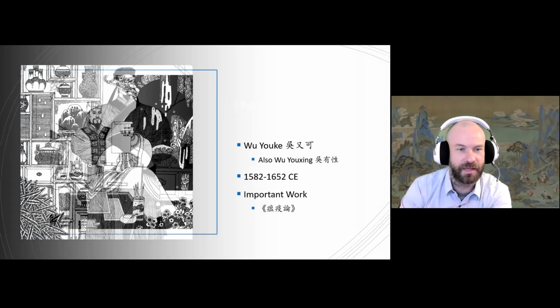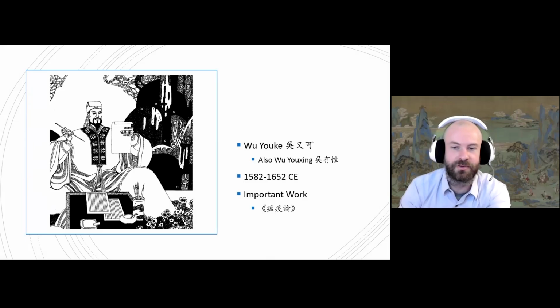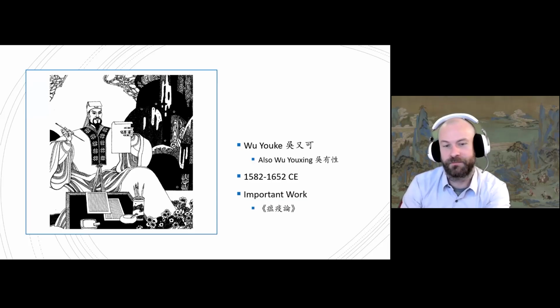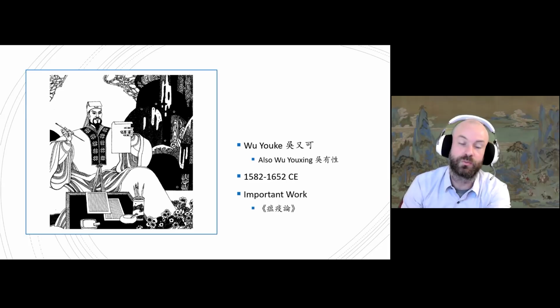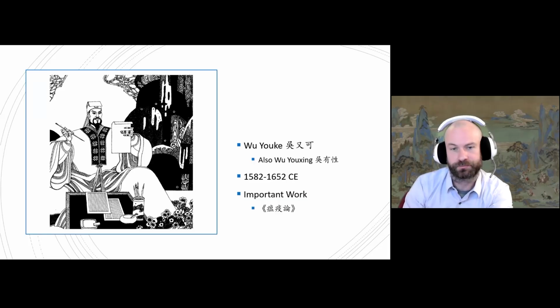After that, we have another very famous guy called Wu Youke or Wu Youxing. He wrote probably the first text that you would argue is a text on warm disease, or in the warm disease school, called Treatise on Warm Epidemics, or the Wenyi, in 1642. In that, he proposed that warm epidemics are not typical cold damage or seasonal diseases, but rather contagious conditions caused by what they call abnormal qi or perverse qi, which enter the body through the mouth and nose rather than through the skin, as described in cold damage.